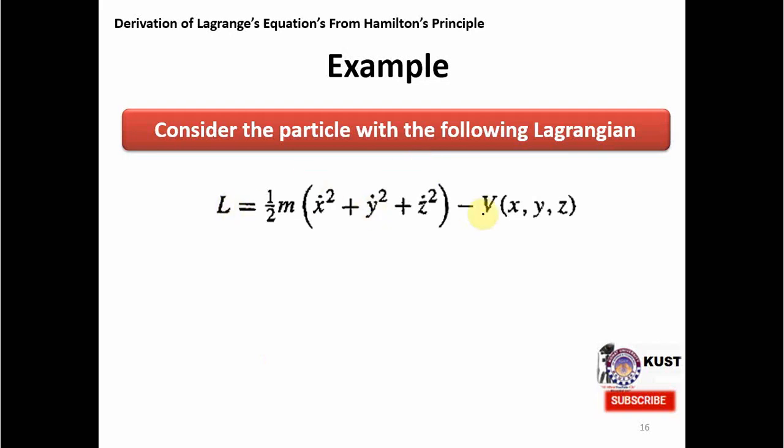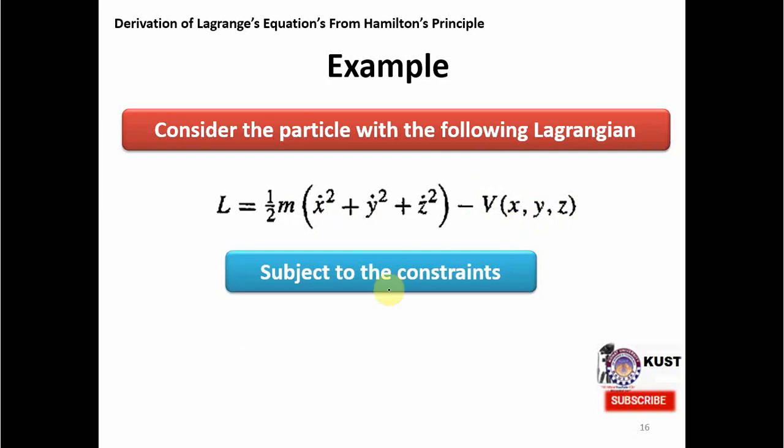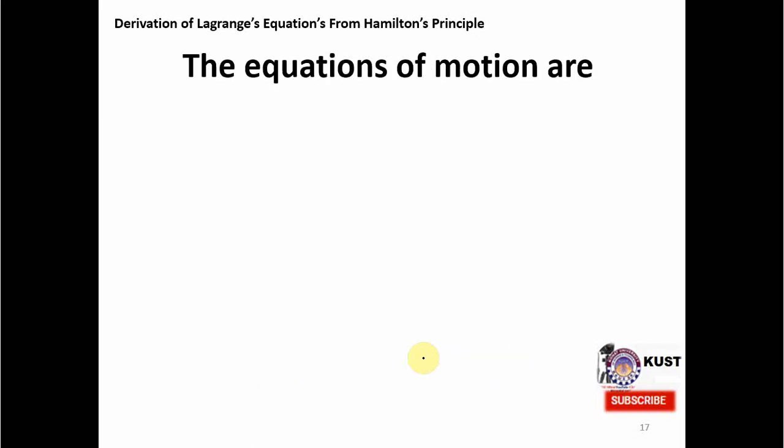You can see it's a very simple Lagrangian of a simple particle whose mass is m, for example an electron, and it is moving, and these are the velocities x dot squared, y dot squared, z dot squared, and minus V is the potential. So this is the kinetic energy, and this is the potential energy term. And these are subject to constraints. For example, there is some sort of constraint over here. Let's say x dot plus k y dot is equal to 0, that is the equation of constraint.